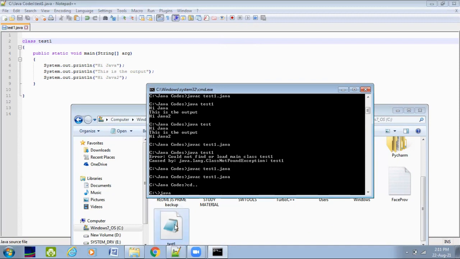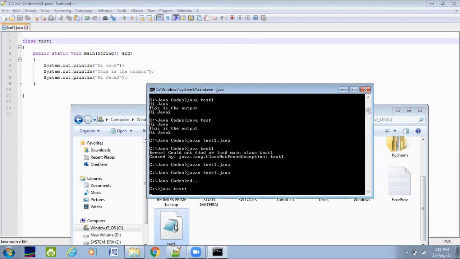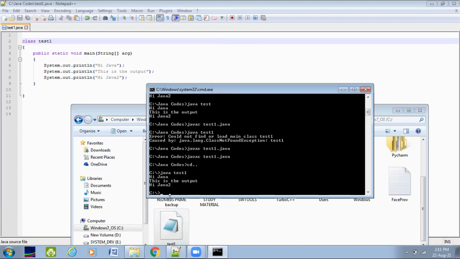So I'll call java test1. I'm calling the file and it is giving the output. So this is why the bytecode is created. At first the source file is taken and converted to bytecode, and then we use the bytecode for further running.